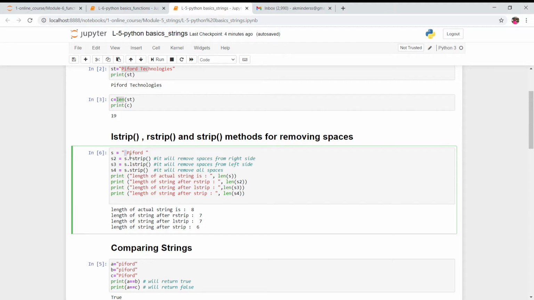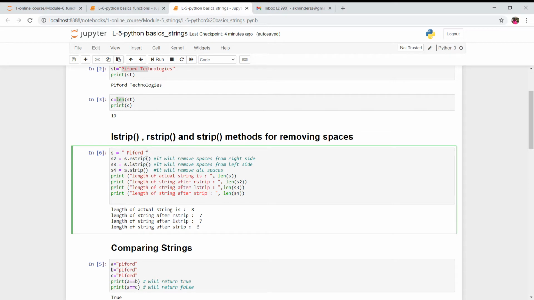So you can use lstrip over here. L means left and R means right. So this is the left side. If you want to remove the space from the left side, you can directly use this lstrip method on this s variable, because this s variable is storing a string, so it will remove the space from the left side. In the same way, if you want to remove the space from the right side, then you can simply use the rstrip method on this s variable, as I've done over here. s.rstrip will remove the space from here.